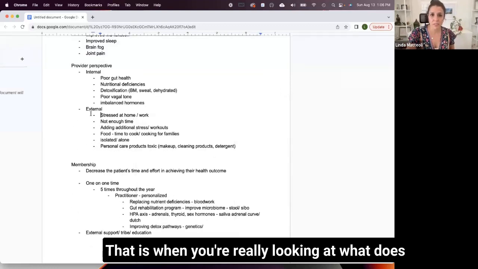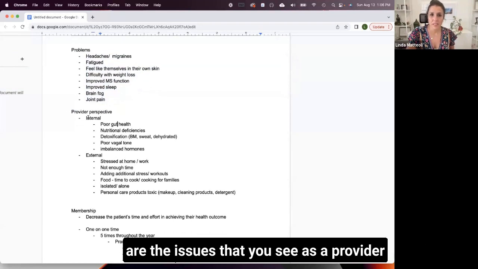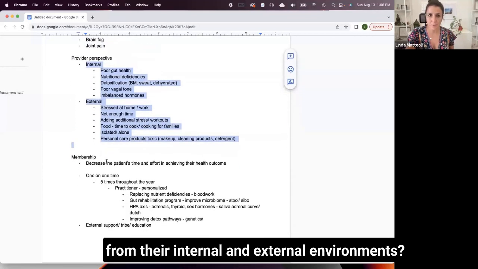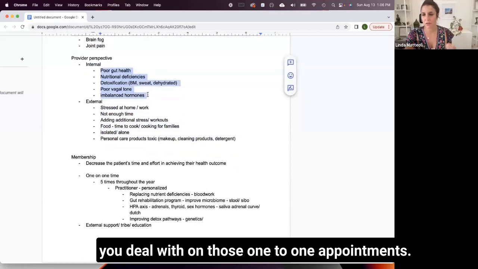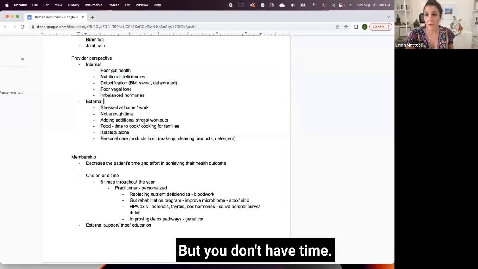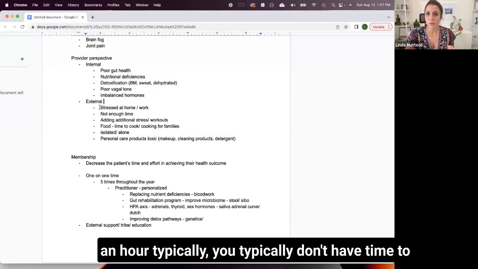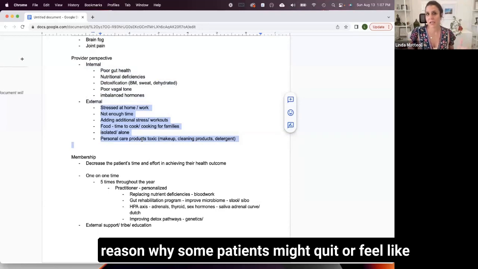That is when you're really looking at, what does this patient need? What problems are they facing? What are the issues that you see as a provider from their internal and external environments? And a lot of these internal environments, that is what you deal with on those one-to-one appointments. That is what you help them with. But you don't have time, even though these appointments are longer, 45 minutes to an hour typically, you typically don't have time to address all these other needs